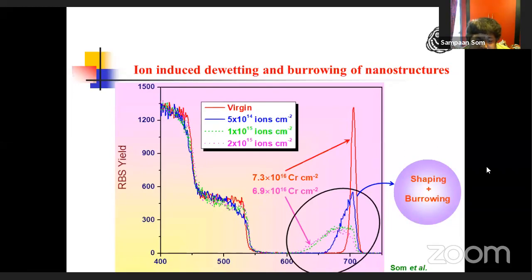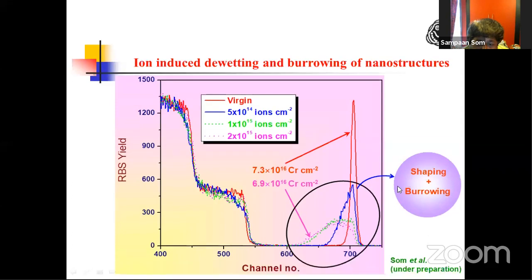There's a little shift towards the lower channel number. Red is pushed a little bit towards the lower channel number. That is because this is the as-grown sample, and 10 nanometer of chromium was there at the top of SiO2. That is getting manifested. But the moment ion beam induced dewetting took place, as I told earlier, you see